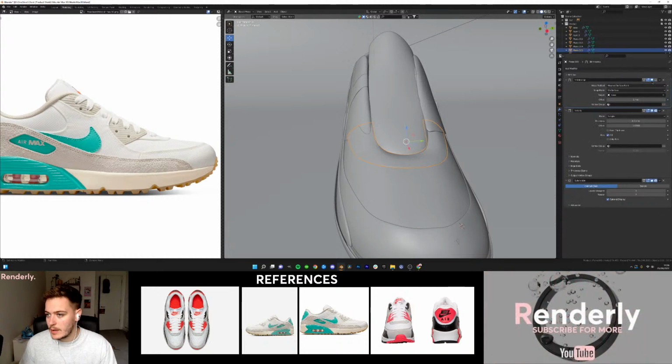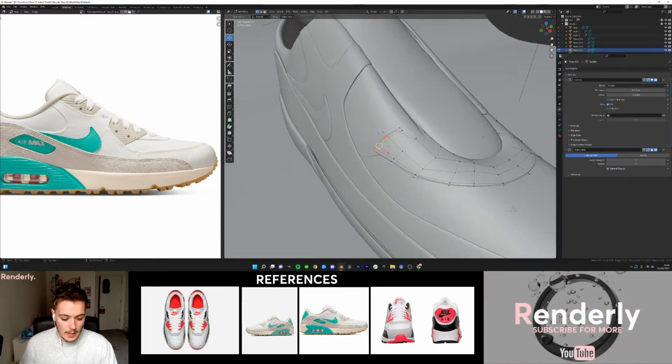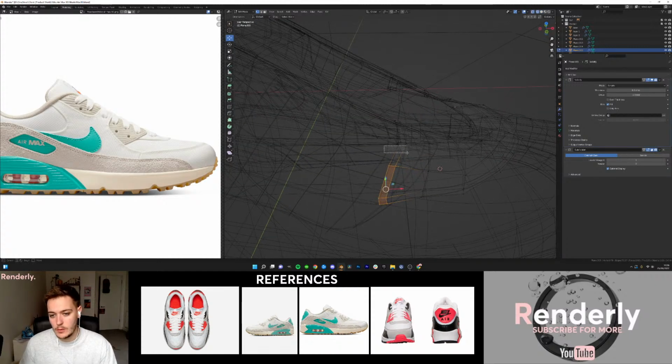Let's apply the shrink wrap on this one. So like that, apply. And then what we can do from there,